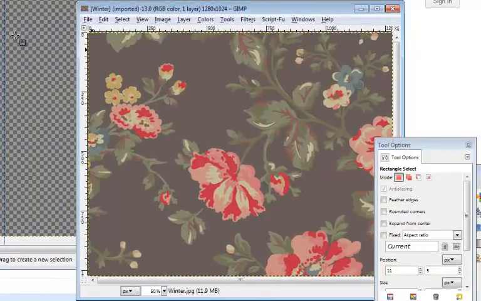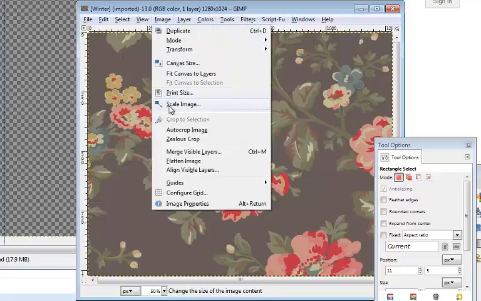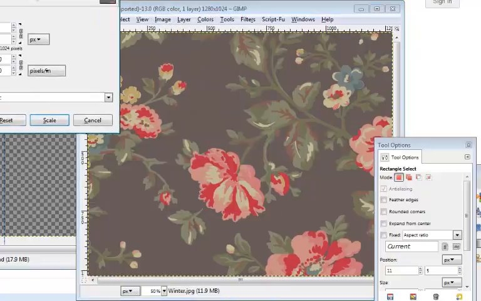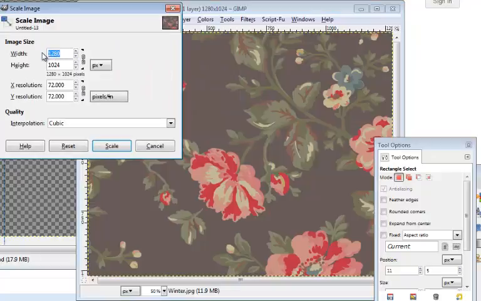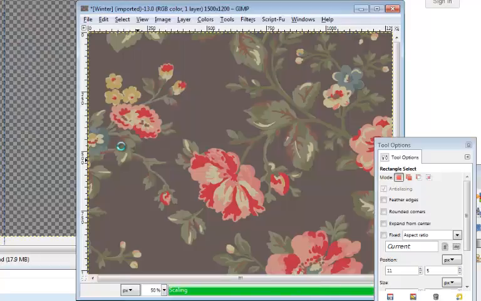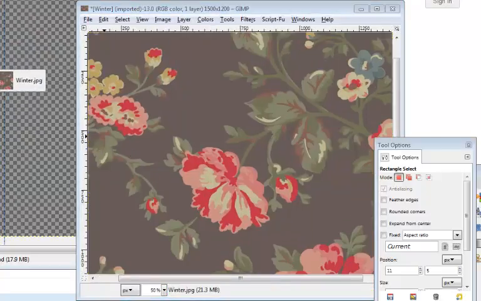Now it's slightly smaller than the site, so what I like to do is I'll just scale the image and make that the same size, scale that up, and then